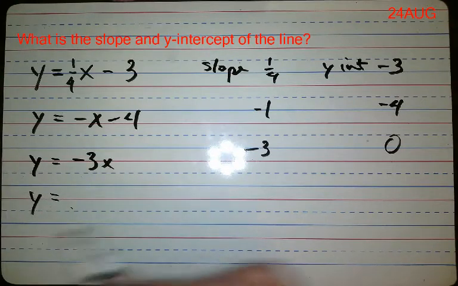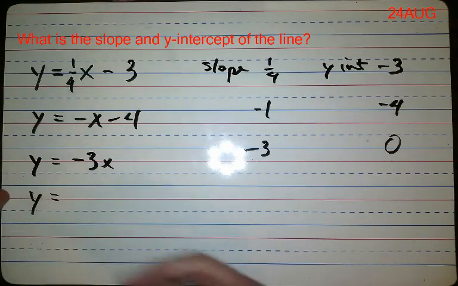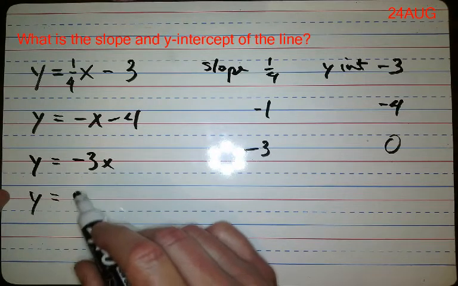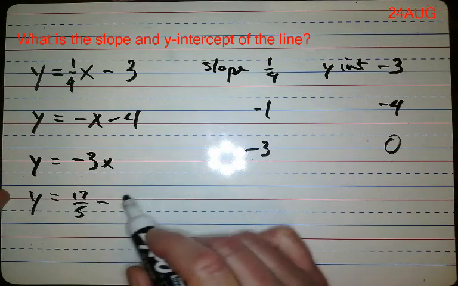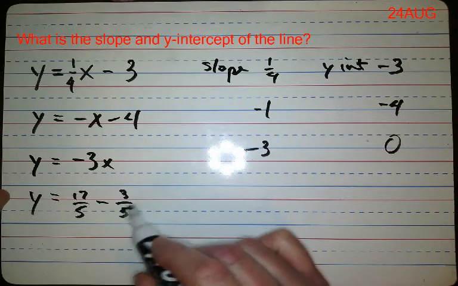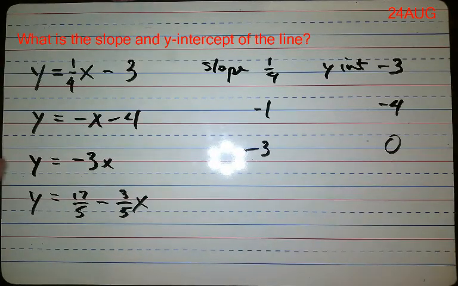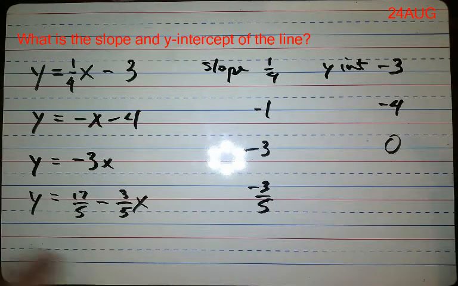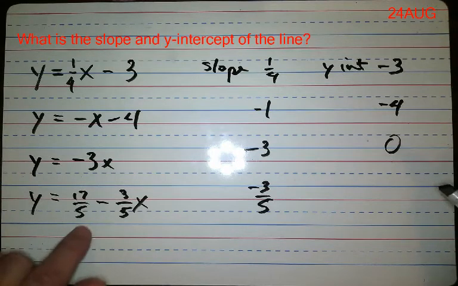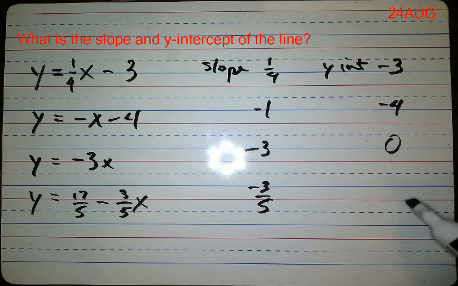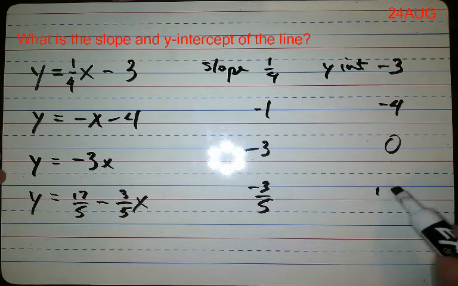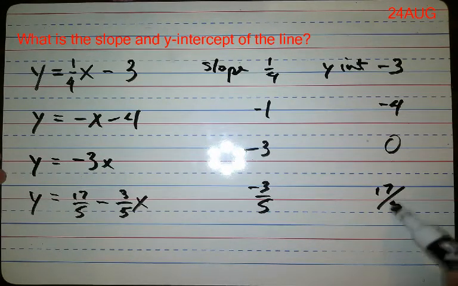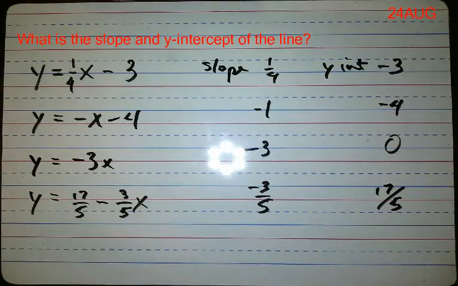And then what if they put it in a weird order? Like this. The number that's in front of x is the slope. So that's -3/5, and then the number that does not have an x is the y-intercept. And that's half of what we're doing today. The other half